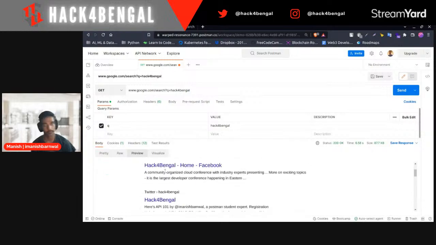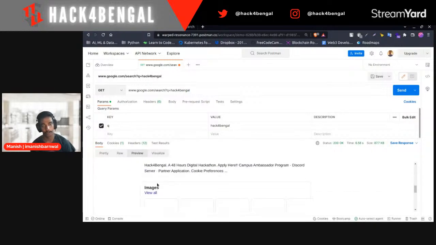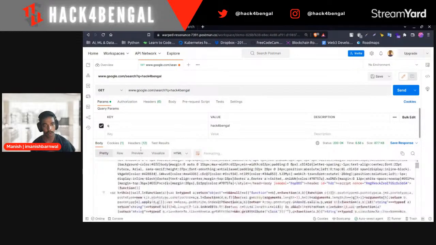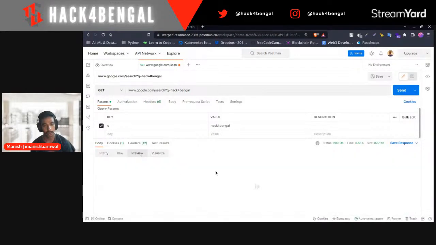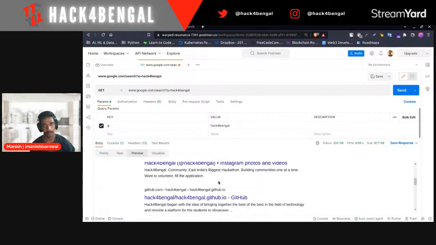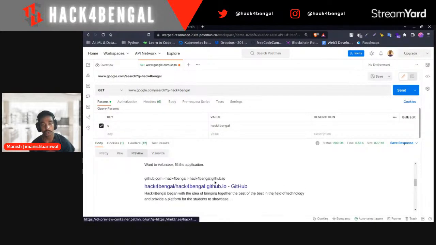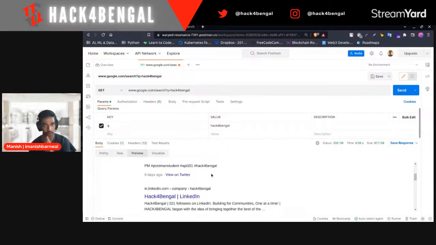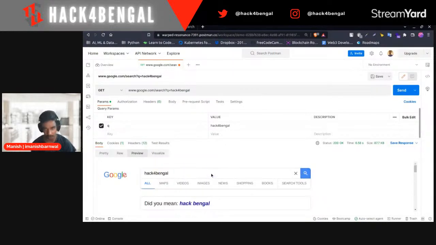See how it looks. Okay, it's the same. You can also see the code, and you can preview. It's cool, right? So this is how APIs work. Basically, Postman takes queries from you and sends them to the server, and the server sends the response, and the response is reflected to you in Postman only.